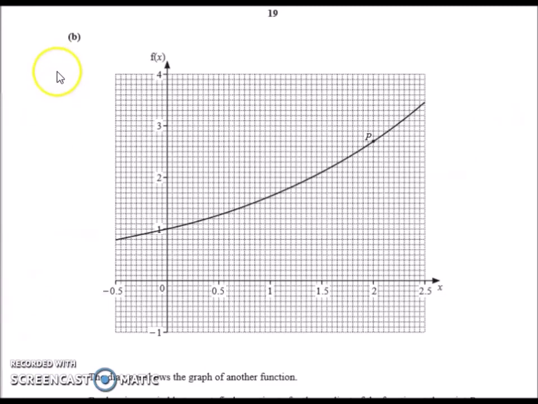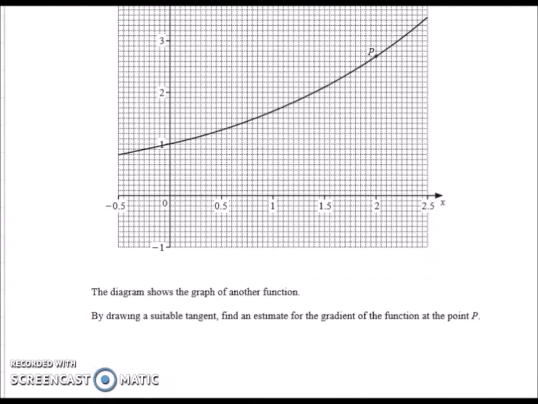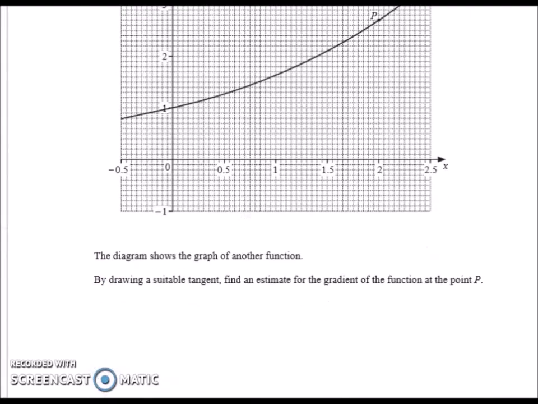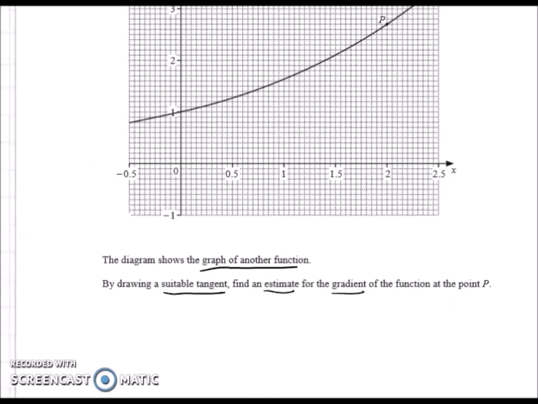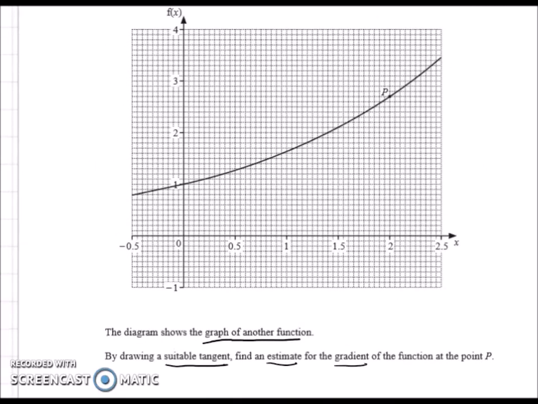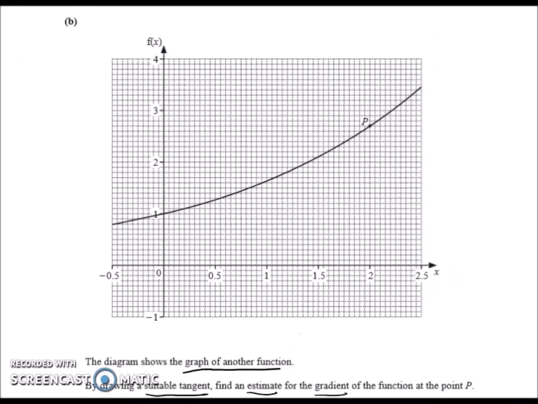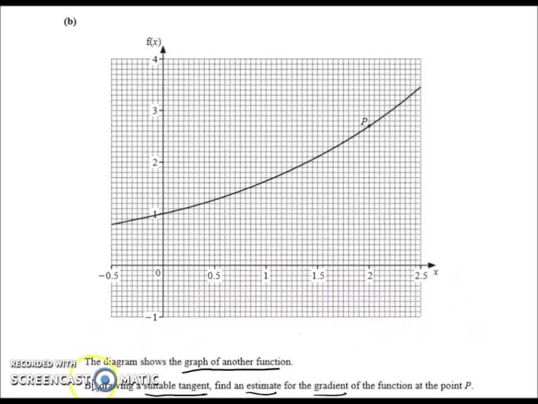Okay, this is question B, and we go through here. The diagram shows the graph of another function. Draw a suitable tangent and estimate the gradient for it. Now, this is 3 marks. So what we can do here for this question, let me use a different color. Now you have to draw,